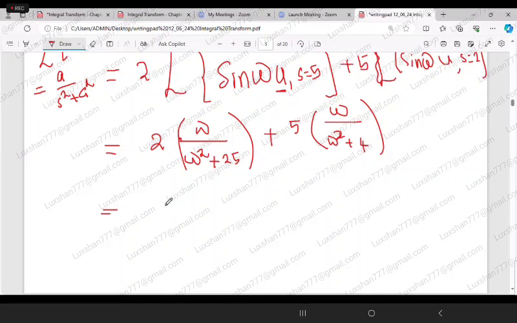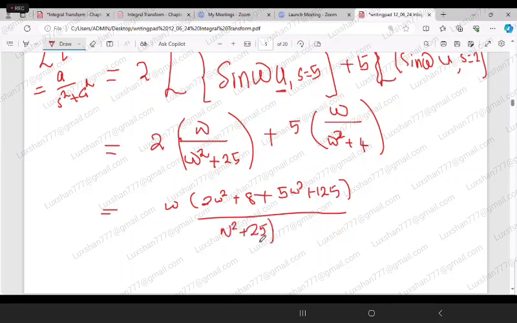So if you want, you can take omega out. If you take omega out, then here you will get 2 omega squared plus 8, plus here you will get 5 omega squared plus 125, divided by omega squared plus 25 into omega squared plus 4. So which is equal to omega into